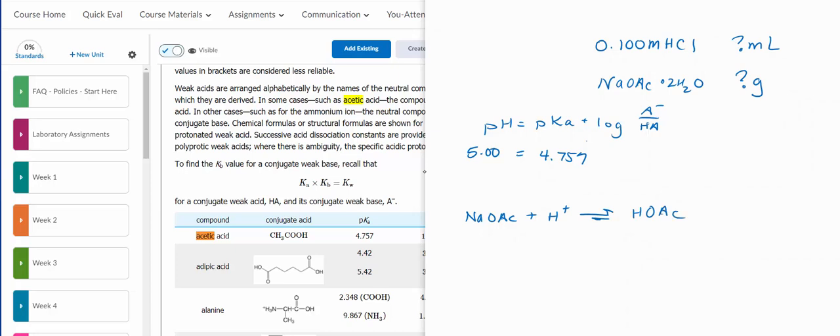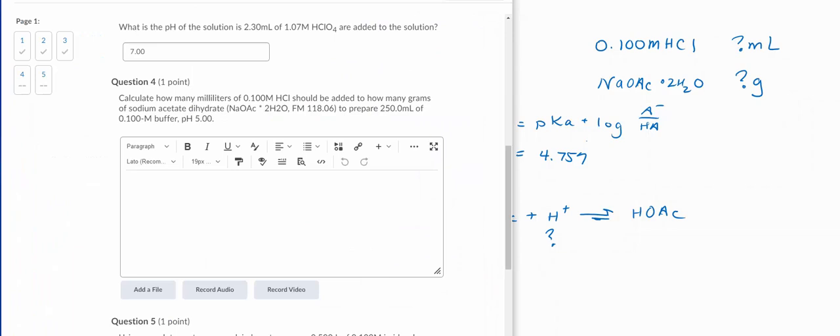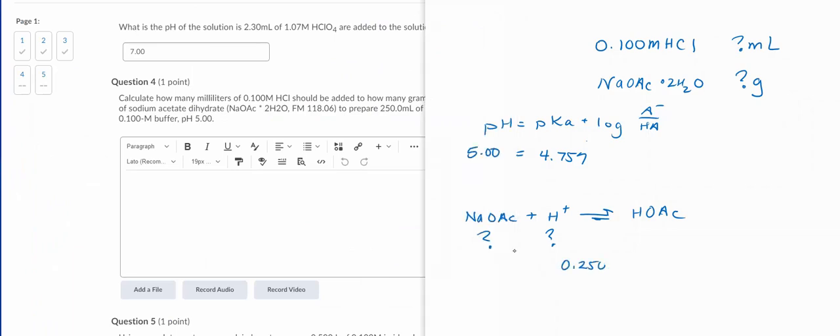Now, it's that acetic acid that has that pKa. So how many grams of this with how many milliliters of this in order to form 250 milliliters